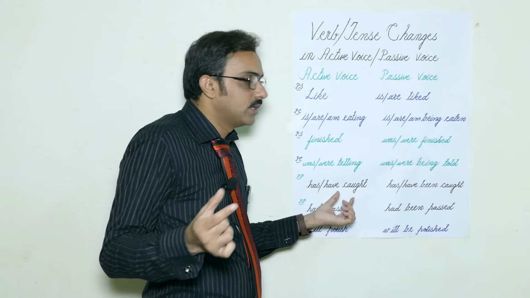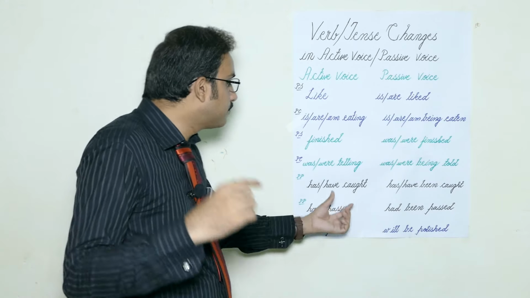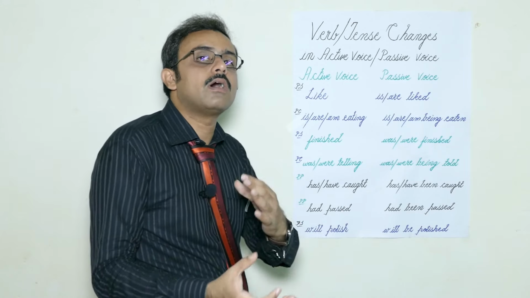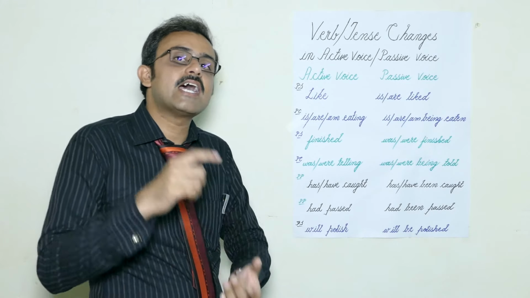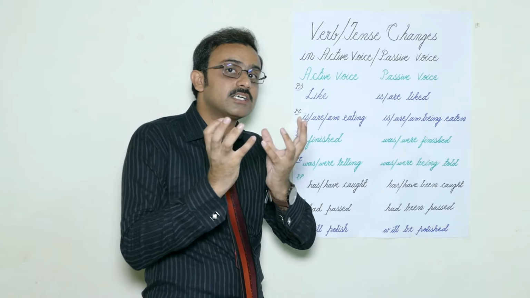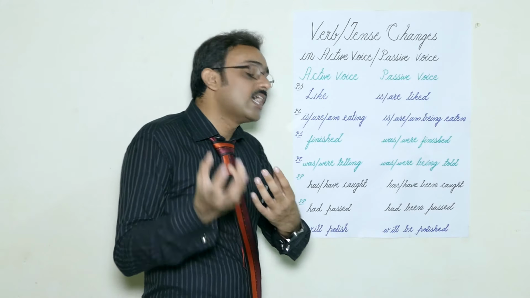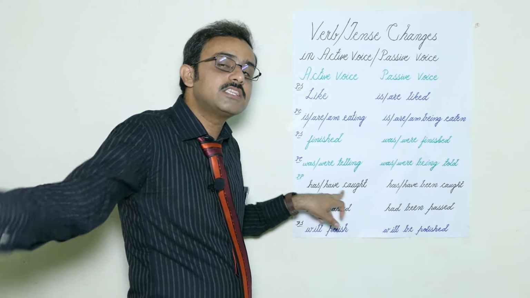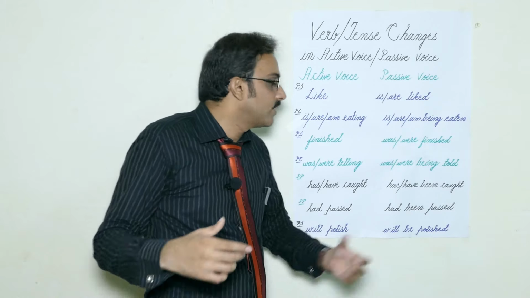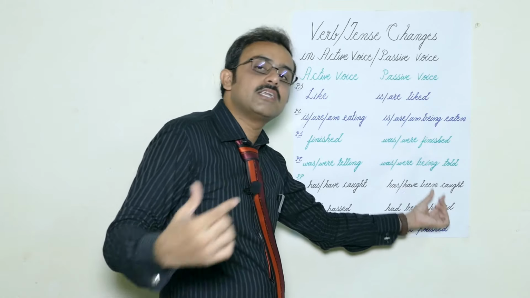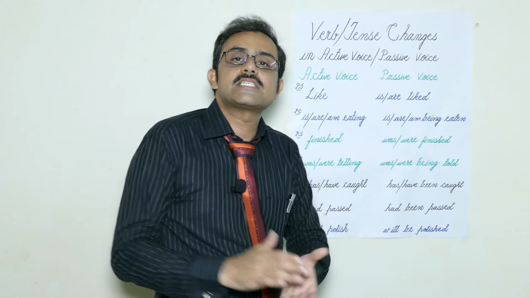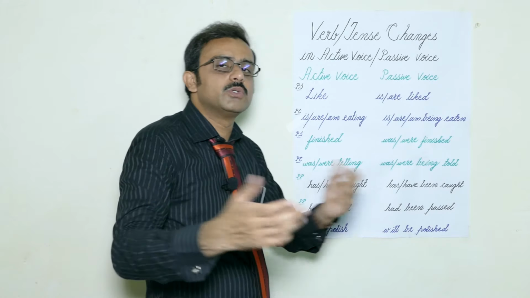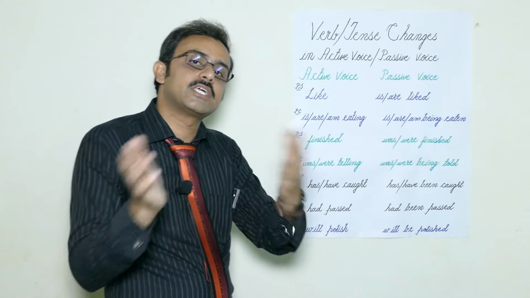This is active because the subject is prominent. The police has caught the thief. The thief has been caught by the police. Now look at the change. What I did, I used has been rather than has. Has been, we use has, have and then been and then caught, past participle, third form of verb. Got that? Okay, then we use by and subject into object and object as subject.